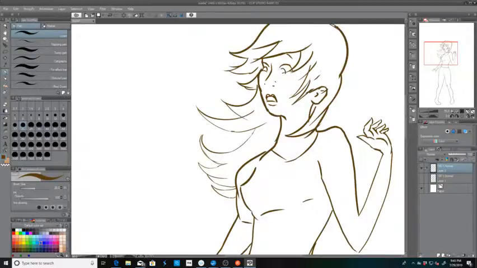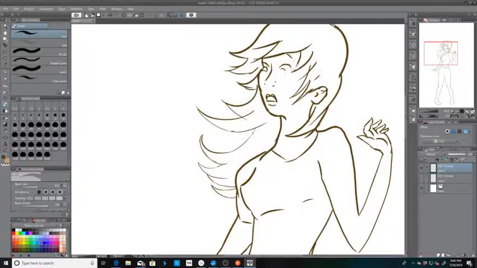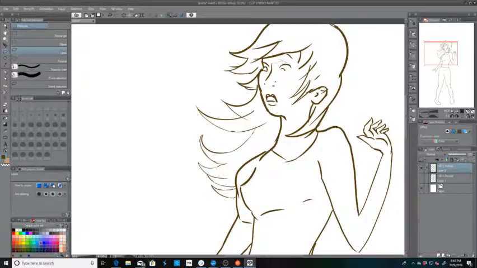Let's see, I think I've actually gotten off the line for the eyes that I needed to be on, because see how far down I have the ear now. So if I grab this and tilt and move it,